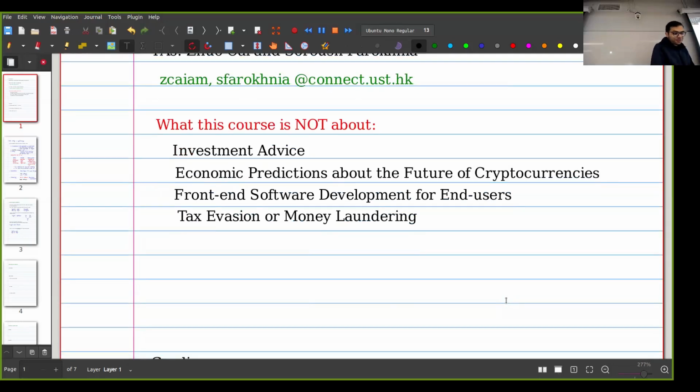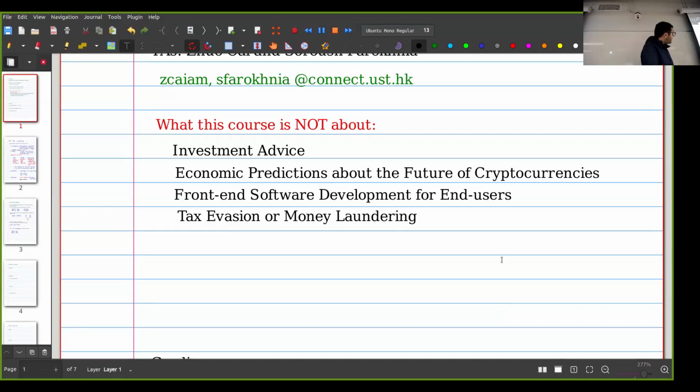Unfortunately, for many of you, we're not going to do any kind of front-end software development. We're not going to create any software for end users. This is actually quite a theoretical course. We have a lot of coding towards the end of the course. We're going to implement a lot of smart contracts, but usually these contracts just remain at a level that is not really usable for the end users because we are focused on security and proving that the contracts work correctly and things like that. So if you want to do some nice design and create an app, this is not the course for you.